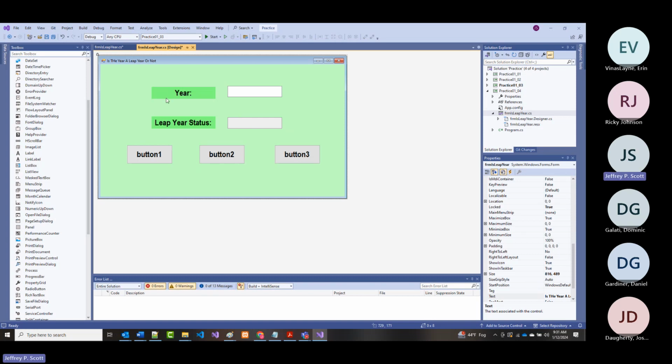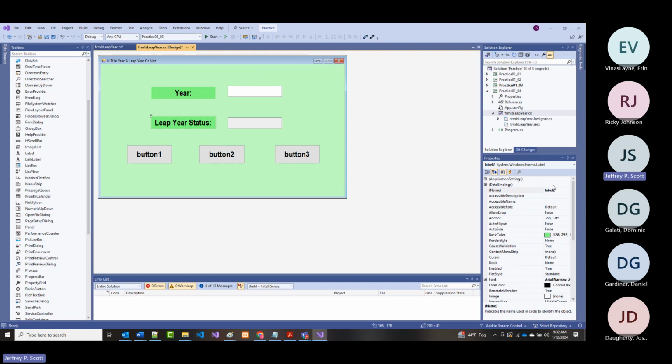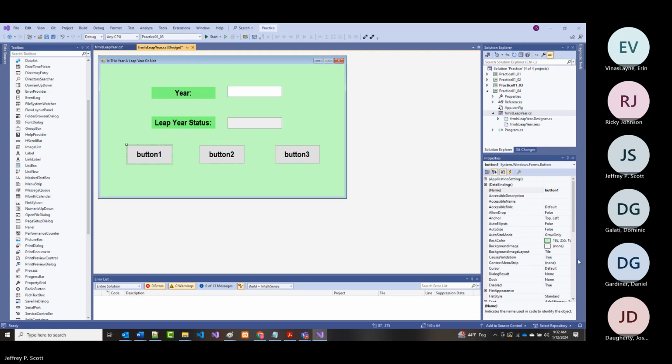All right. So we've got LBL year. We'll make this TXT year. And we've got this LBL leap year status. All right. So this will be TXT year, and this will be TXT leap year status. All right. Setting up our buttons is